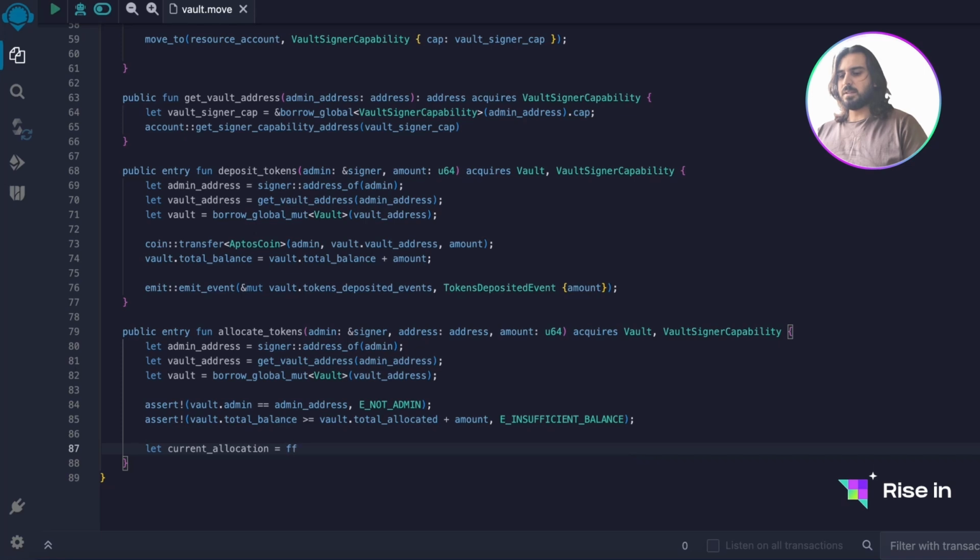allocation is equal to the if. So we are using this if let. On the left hand side we are going to have this variable, but on the right hand side we are going to have an if else statement, and the result of this if else statement will be stored in this variable. So I'm going to say if